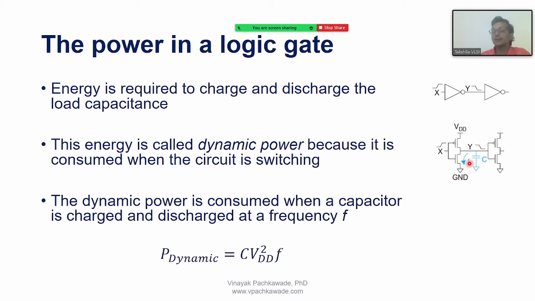Because of this switching action, the energy that is taken out or thrown into this capacitor is basically called dynamic power. We call it dynamic because there is switching happening here. This dynamic power is consumed when the capacitor is charged and discharged at a specific